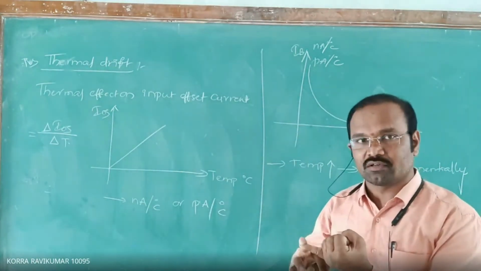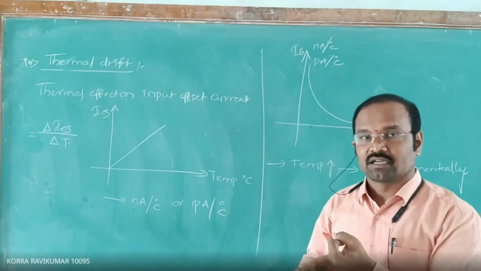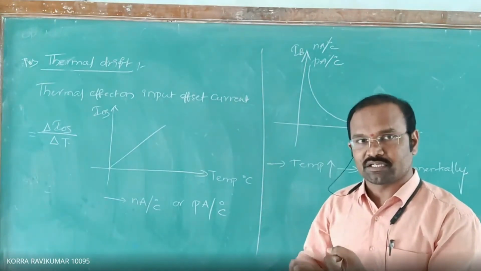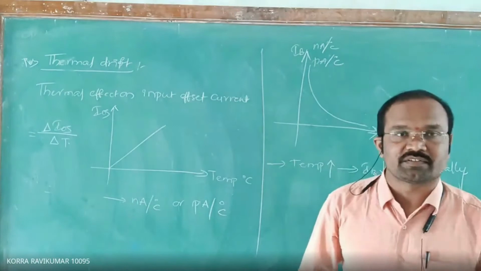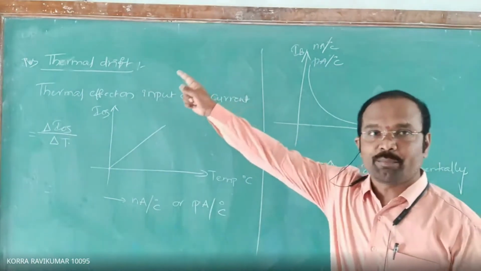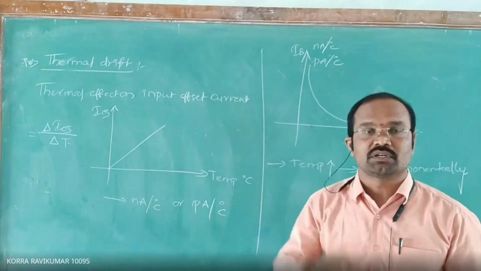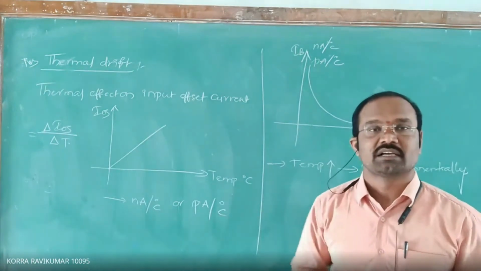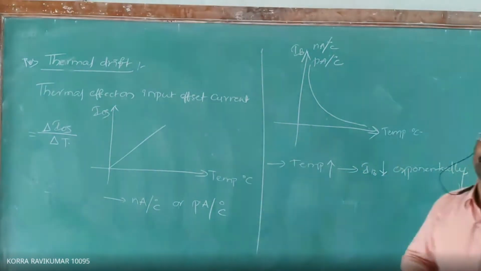First we had a discussion on input offset voltage, input offset current and input bias current. Next, the effect of temperature on input offset voltage, input offset current and input bias current. All these discussions come under DC characteristics of op-amp. Our today's topic is op-amp characteristics. So far, everything we discussed is about op-amp DC characteristics. In the next class, let us go for the op-amp AC characteristics. Please copy this.